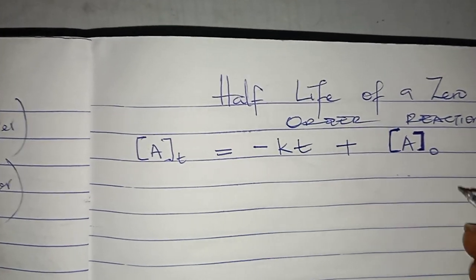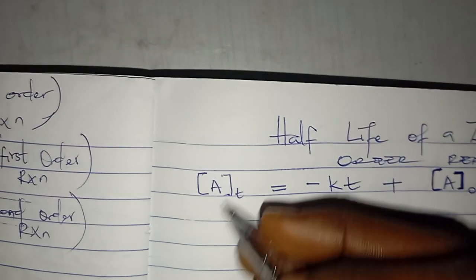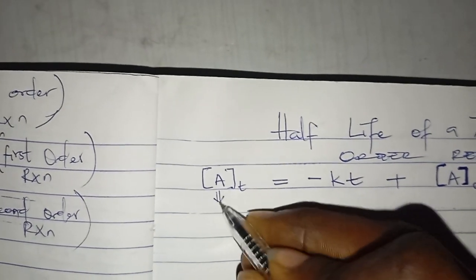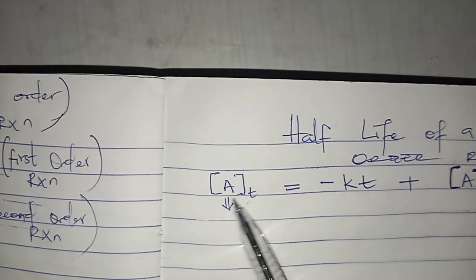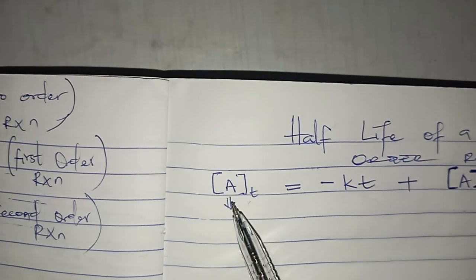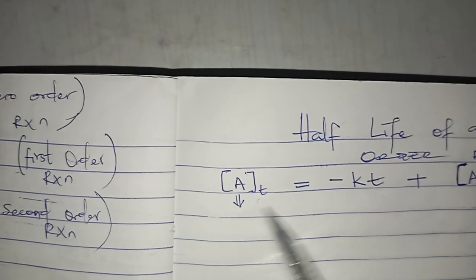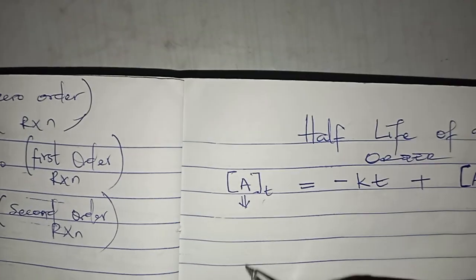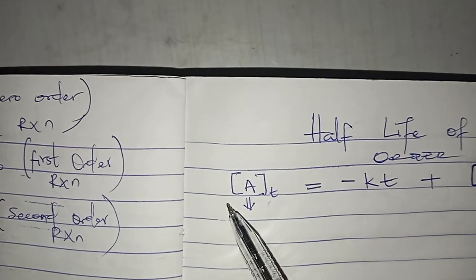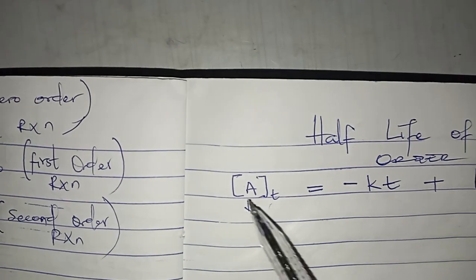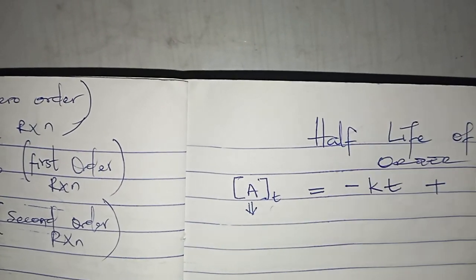Whenever you're doing this, you need to know that this concentration is simply the concentration at a given time. And when you're talking about half-life, it simply means the time for this particular concentration at a given time to get to half of the initial concentration. That is, the initial concentration can be, let's say, 50 or 40 or whatever it is. So the time for that initial concentration to get to half of it,